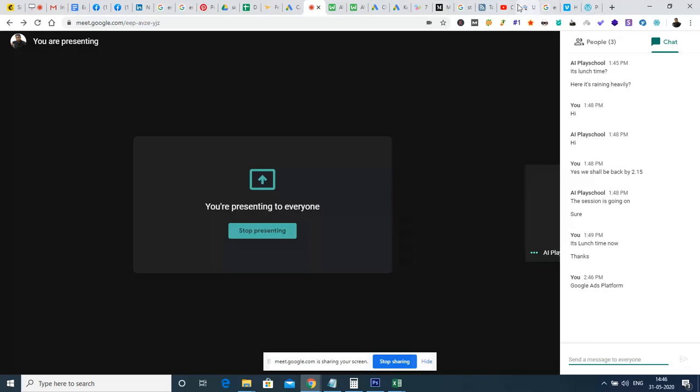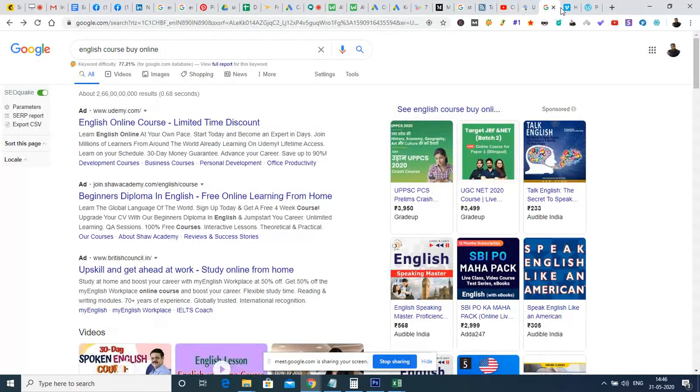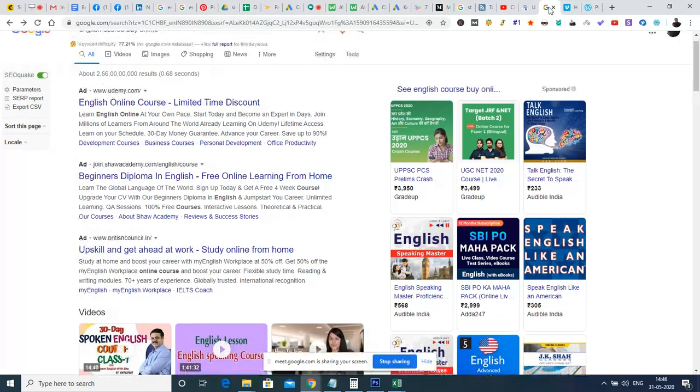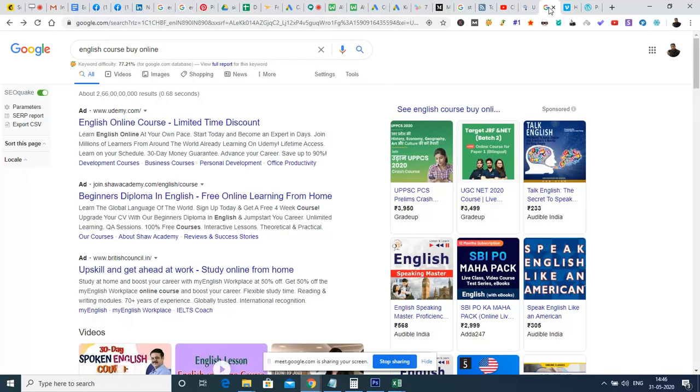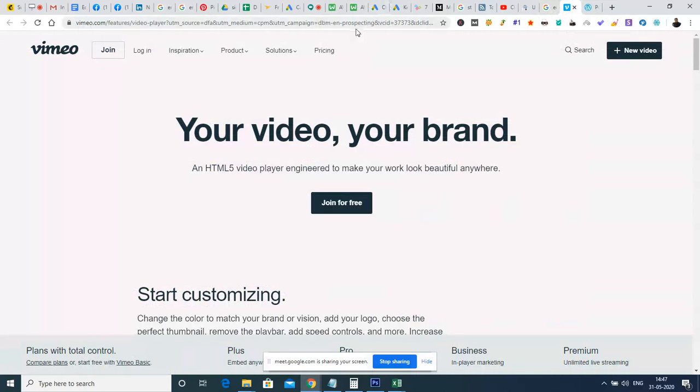In this Google Ads platform, we'll be creating search advertisements, display advertisements, as well as sponsored advertisements. There are a lot of other categories of advertisements available in Google, and those will be created in the Google Ads campaign.